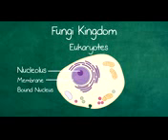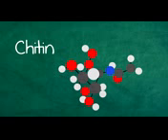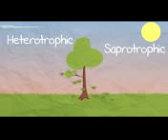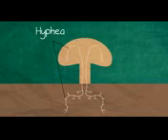The fungi kingdom are eukaryotes and can be multicellular like animals and plants, but could also be unicellular such as yeast. They have cell walls like plants, but have a substance called chitin rather than cellulose. They are heterotrophic and saprotrophic, meaning they decompose, so they break things down, or are parasitic. The body of a fungus is composed of thin filaments called hypha. They secrete enzymes, do external digestion, and then absorb the resulting nutrients.